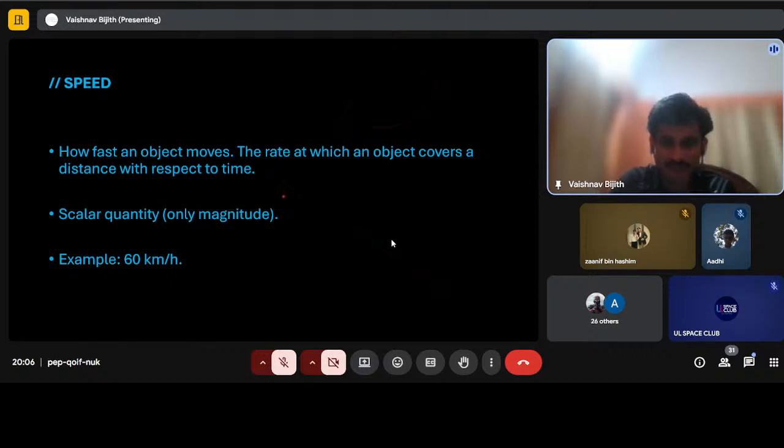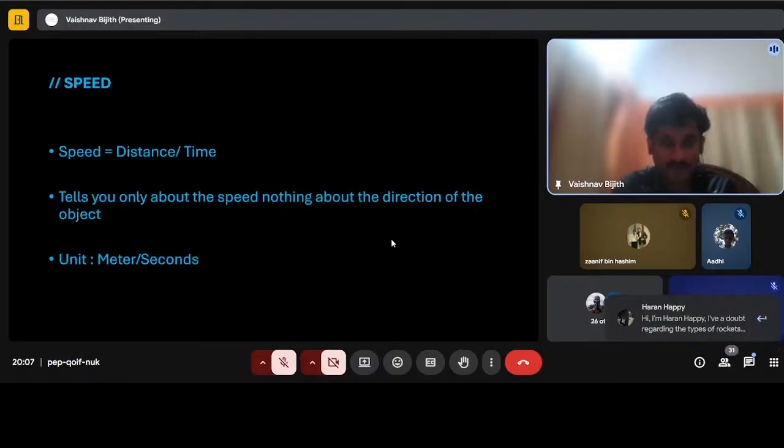So it's a numerical value, but we are not talking about direction and all. It can be, for example, you take your car and you go from one place, maybe from Trivandrum to Ernakulam. You take the whole distance, how much you covered, and that's divided by the total time you took. That's your speed. That's the whole average speed of your travel journey. So you only take the whole numerical value of your journey, but you don't discuss the direction at all. But when you talk about direction,